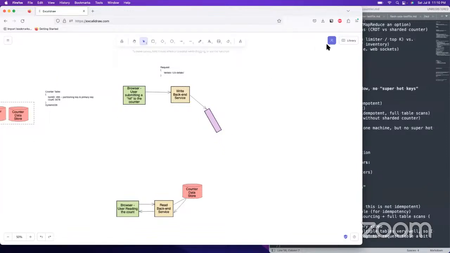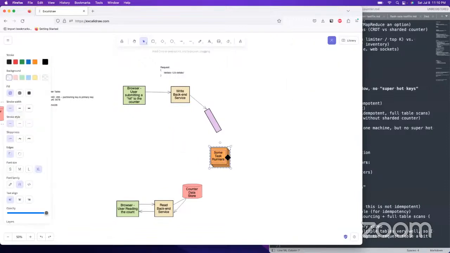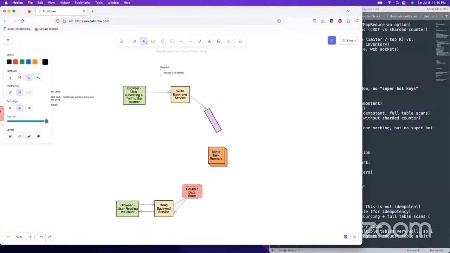And you would need something that reads off of Kafka and puts it into your data warehouse or OLAP table. You would pull off of Kafka, do this, and you would do a write to the counter data store.